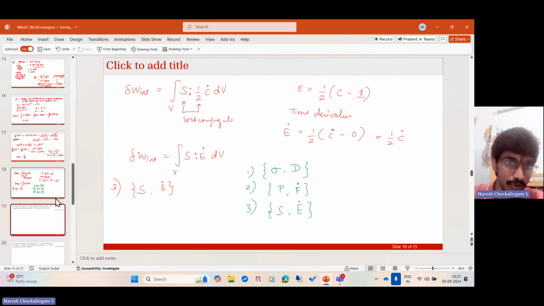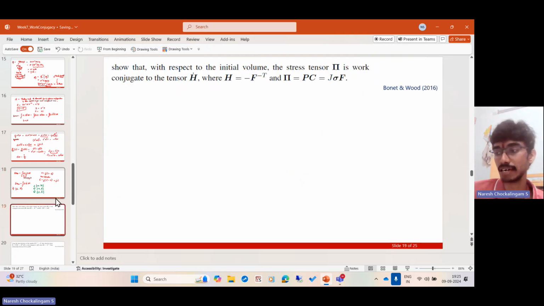We can also derive more work conjugate quantities as follows. We'll derive 3 more in the example problems that I'll be solving. These problems are from Bonet and Wood, the textbook for nonlinear finite element analysis. Now this says show that with respect to the initial volume,